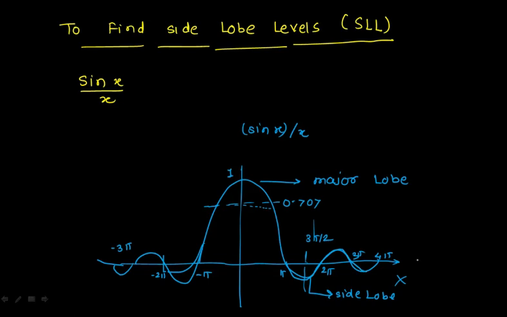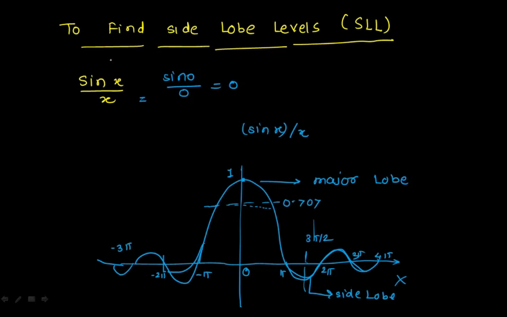If I'm talking about the side lobe levels, here I should consider the maximum value of the largest side lobe and the maximum value of the major lobe. ठीक है, so first we'll talk about this plot. The plot is symmetrical about its vertical axis. Maximum value you are observing when your x is equal to 0, because sine of 0 divided by 0 gives you 1. So I can say your maximum value will be at x is equal to 0. Your amplitude decreases with the increase in x.